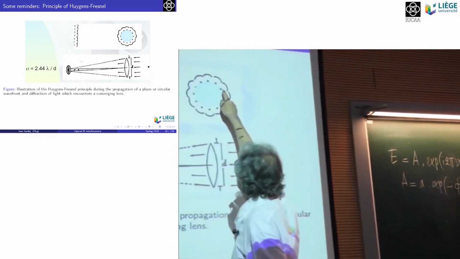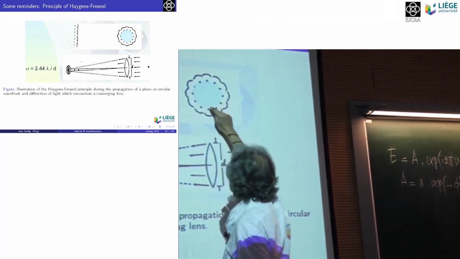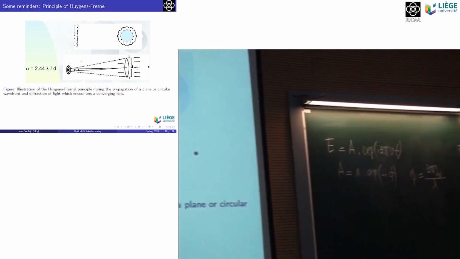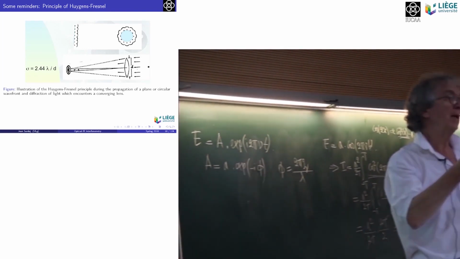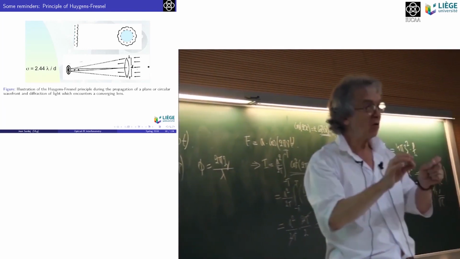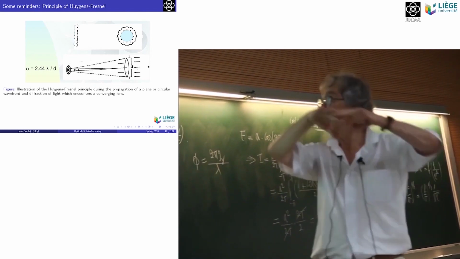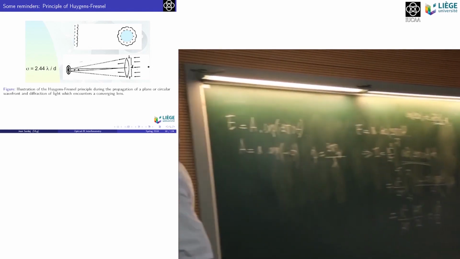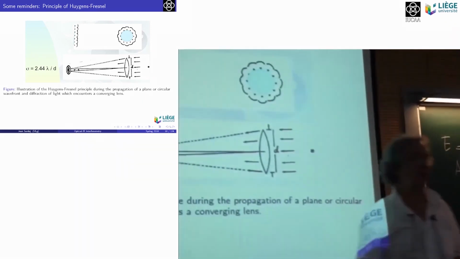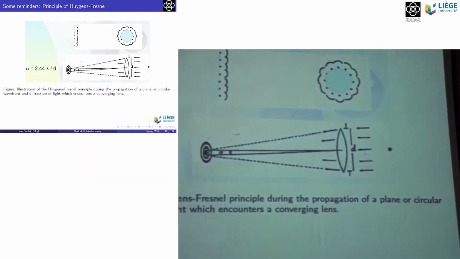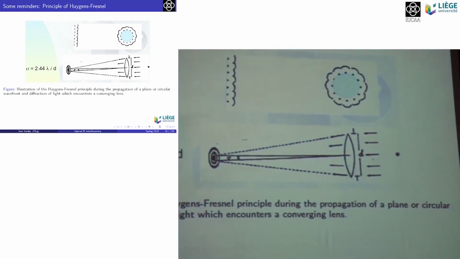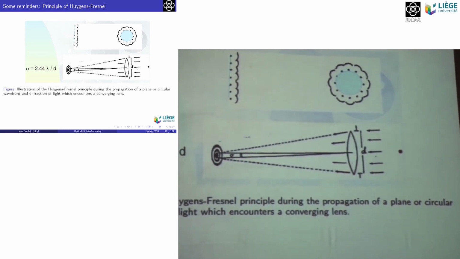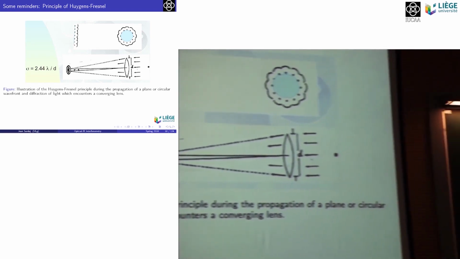So here is a spherical wave at the time t. You consider different points of the spherical wave. Now, wavelets are being emitted by all these points, and after a time delta t, you take the wavefront of all the secondary wavelets, and what you find is that it's still a spherical wave. You just have to consider a very large number of secondary points. And so this is the principle of Huygens, and Fresnel added the fact that you should also consider the